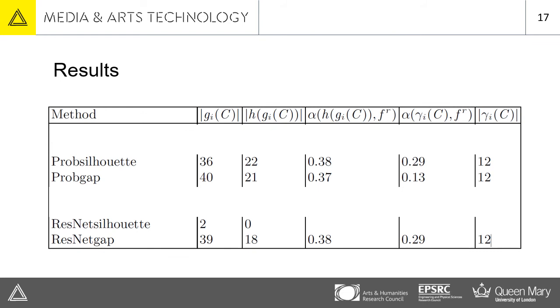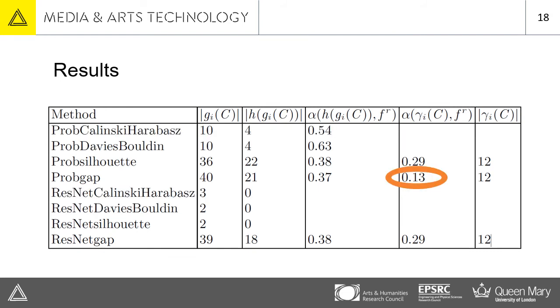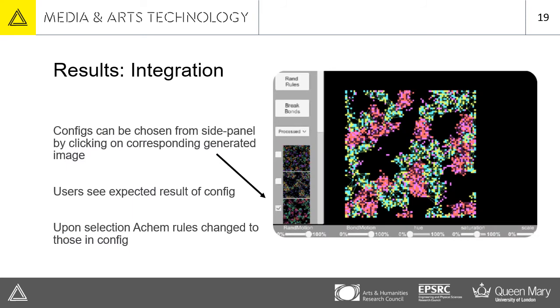The silhouette method for ResNet 50 vectors is an exception because it fails to converge and produces a set size too small to begin with. The method and dataset with the lowest similarity set of configurations in the end is the gap criterion for the distribution of connected elements. The winning set of configurations is made available to the user of the VJ tool.